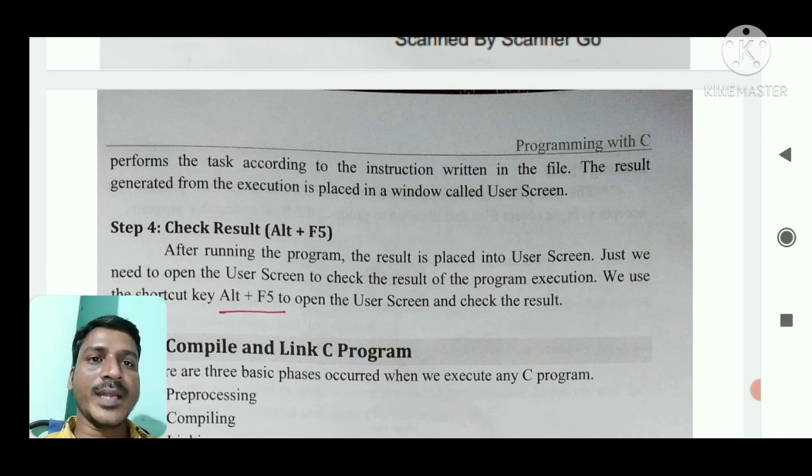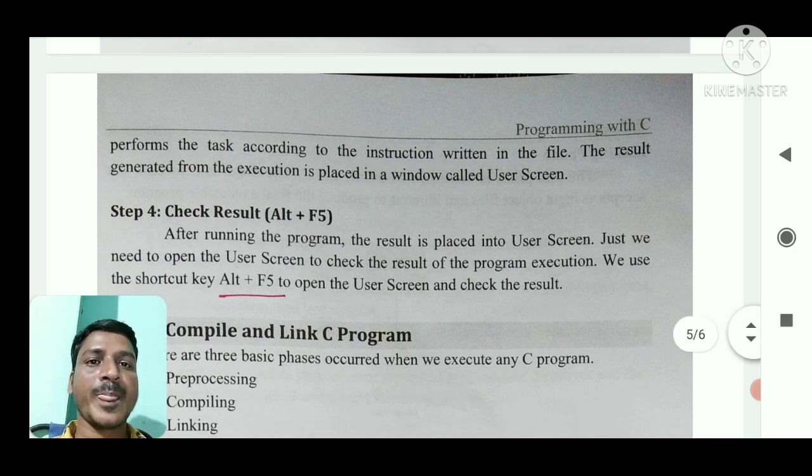We write some instructions in the source code, then generate the .exe file, and the CPU performs the task according to the addition of two numbers instructions written in the file. Then the result generated from the execution is placed in a window called the user screen.